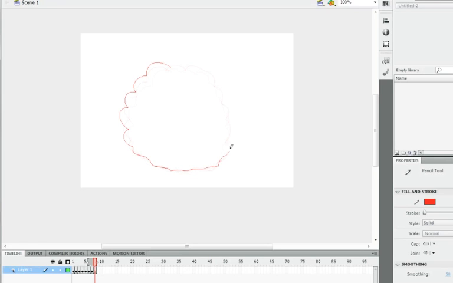So these are getting flat, these are moving up, moving up, moving up. I'm going to make it completely flat now. Moving up, and now it's starting to come off of the ground